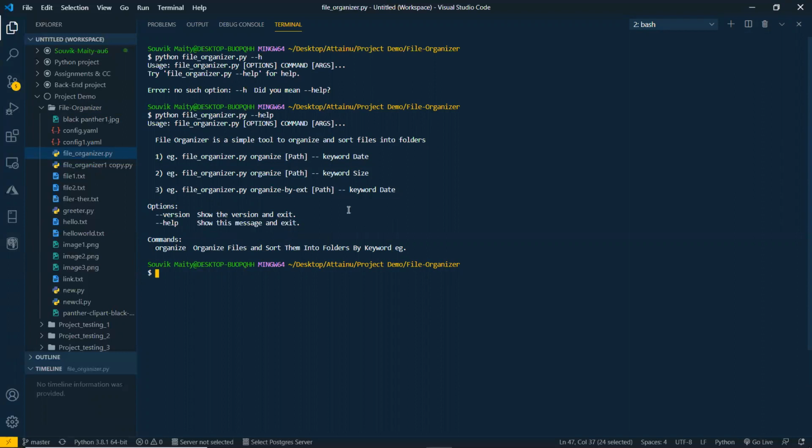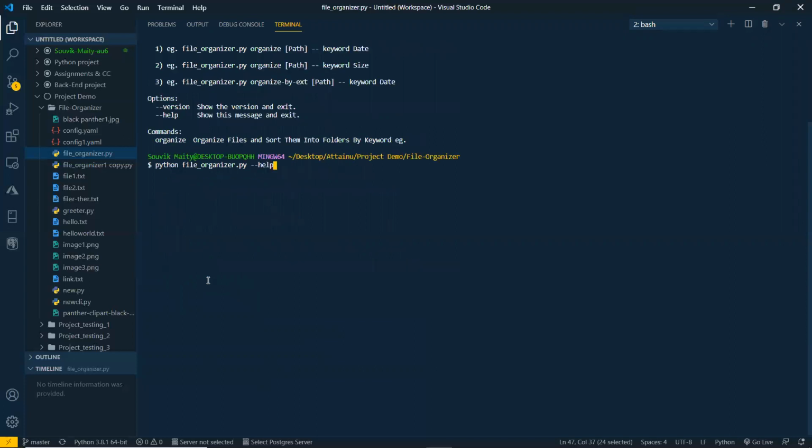At first, if we want to organize the files according to the extension by the default path, the default organizing way is according to last modified date. At first I will show all the default things. I will not give any kind of path or option. It will automatically organize the files in the default path according to last modified date. Okay, now if I run this command,